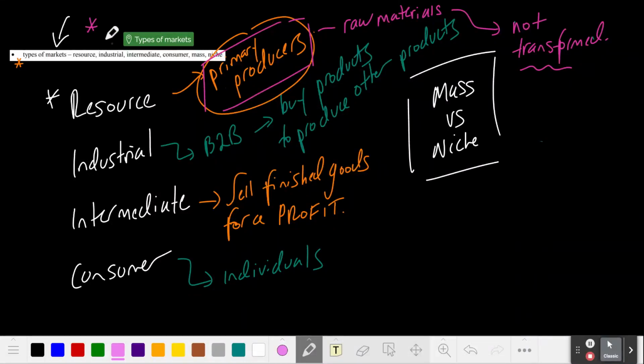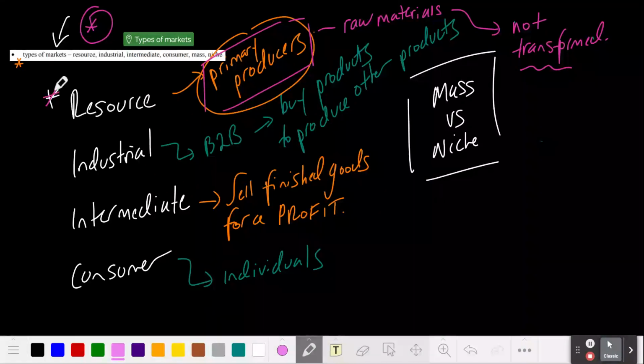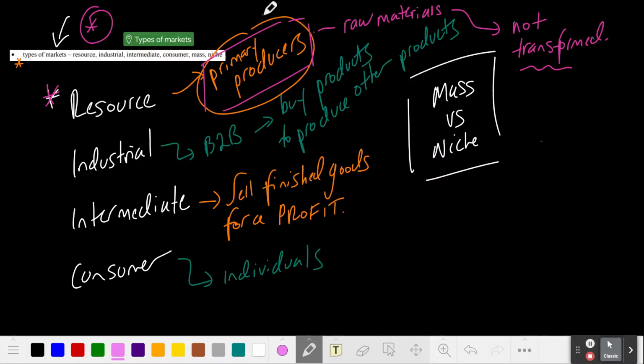Hi, I'm Mr. Simons, and we're talking about this syllabus dot point about the types of markets: resource, industrial, intermediate, consumer, mass versus niche. When we talk about a resource market, we're talking about the market that involves primary producers, so businesses that are involved in primary production in an economy, so that are extracting raw materials in terms of